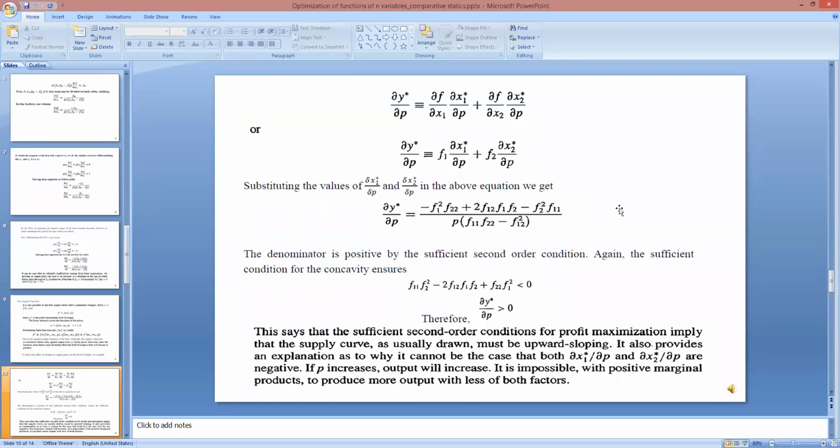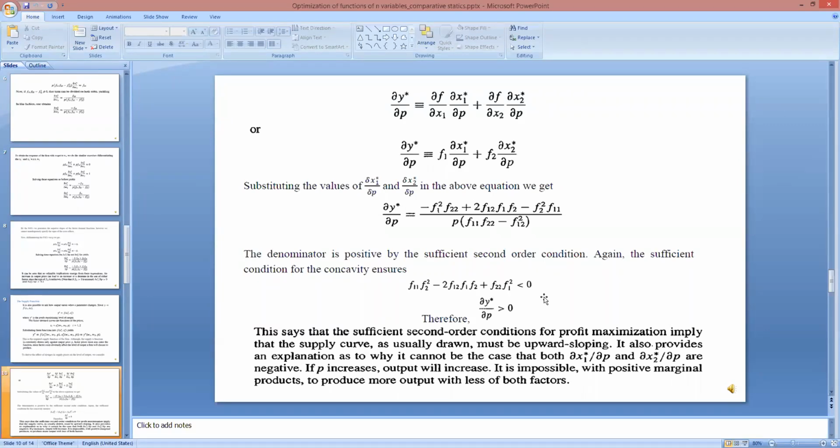Are you familiar with the numerator? Did you get this kind of expression earlier in the semester? I think for utility maximization, perhaps. In the context of utility maximization, very good. We use this kind of thing. Actually, this expression is related to the bordered Hessian determinant. Here we have quasi-convexity, or we are capturing the idea of quasi-concavity and quasi-convexity.